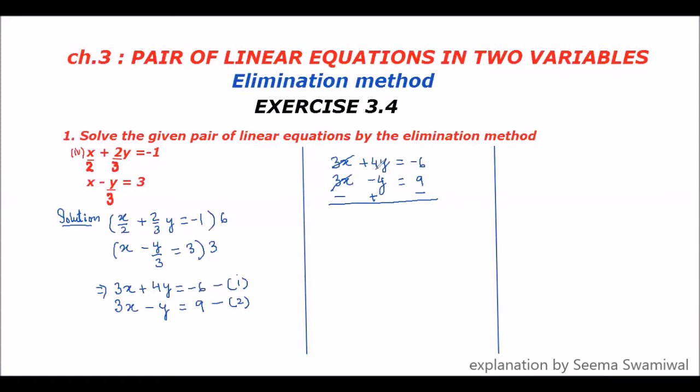This is plus 4y. This is again one more y. So it will make it 5y. And here you have minus 15. So that means y is equal to minus 15 divided by 5, that means the value of y is minus 3. y is equal to minus 3.